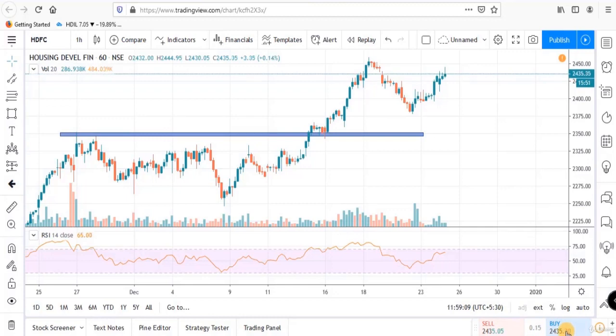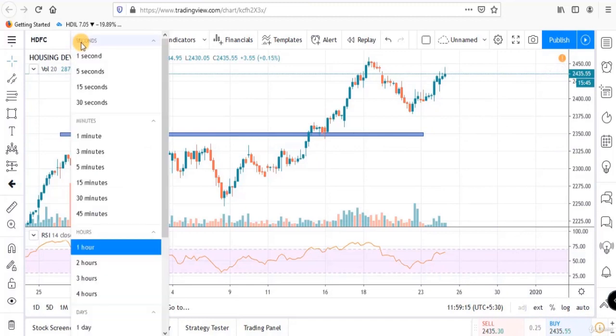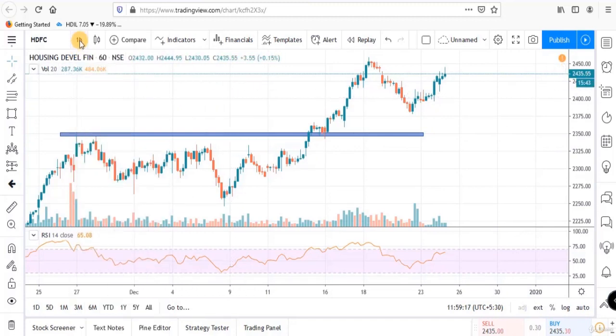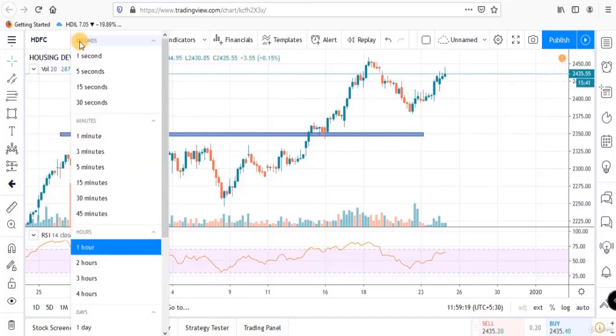Now this is buy and sell panel. If you want to do paper trading, suppose here you want to buy the stock. Let me change. Okay, now this is time frame, and if you want to change the time frame, you can